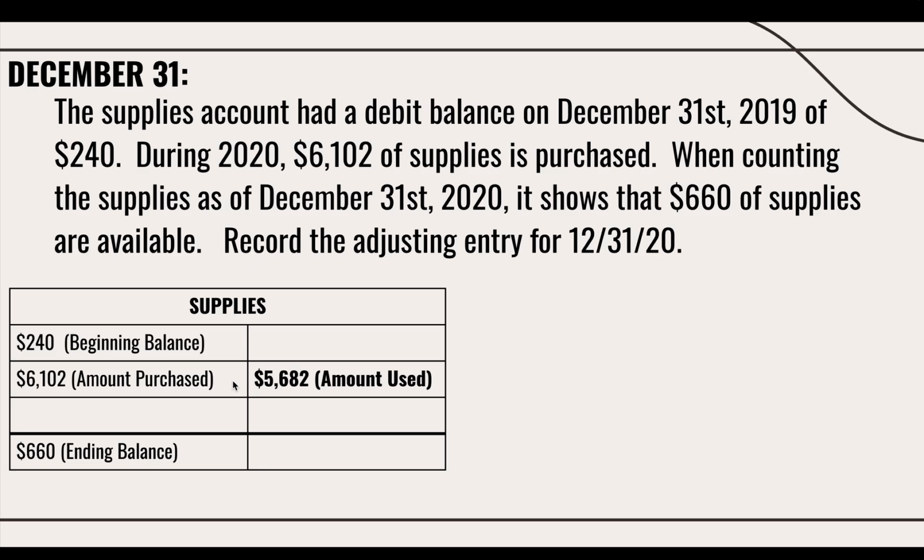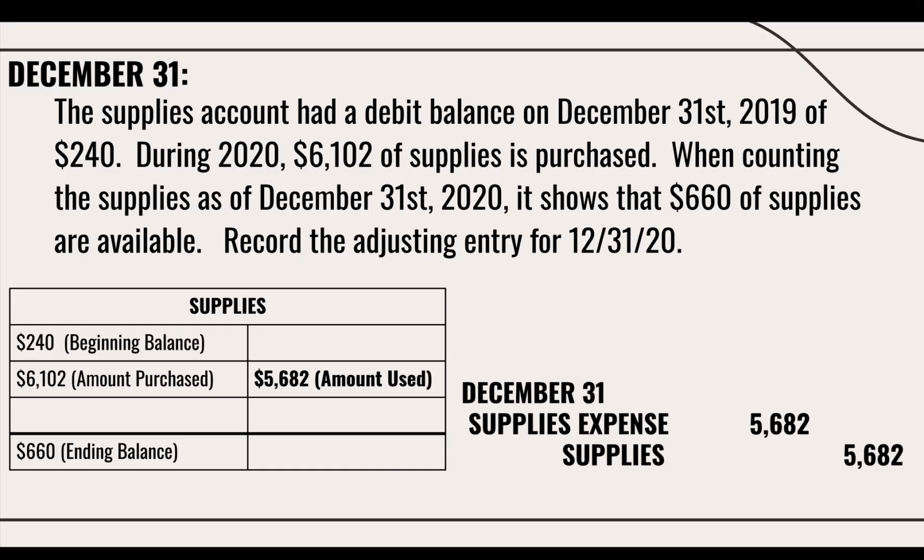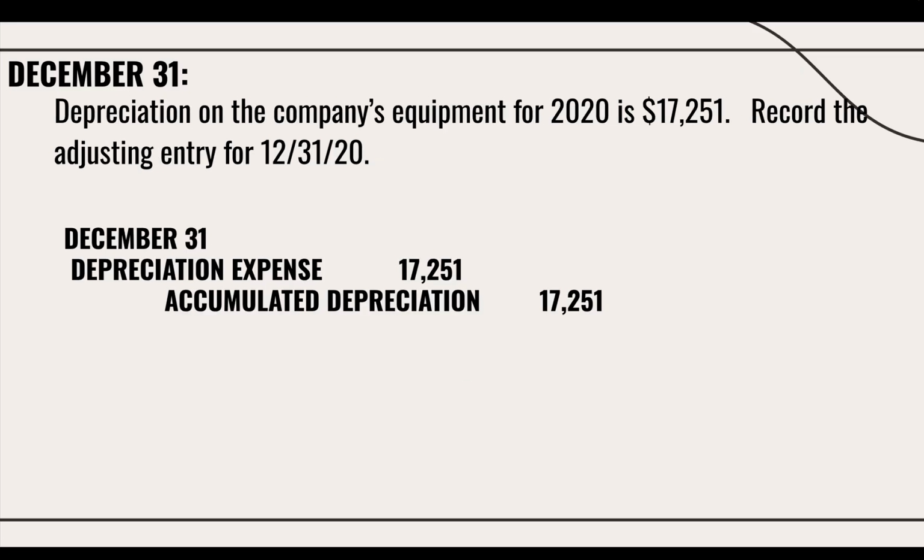And so the journal entry here is confusing. You have two accounts, both have the word supplies in them. One is an expense and one is the asset. So it's a debit to supplies expense and a credit to supplies. So remember, supplies, just like most other assets, are assets until they get used, in which case they become an expense, right? In the last problem, this equipment,